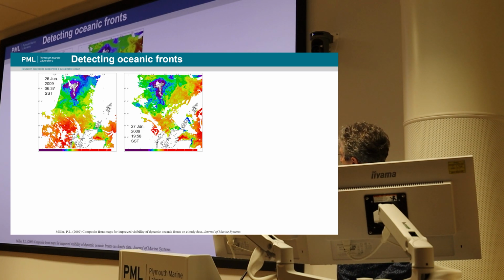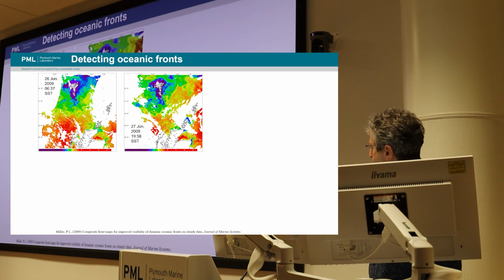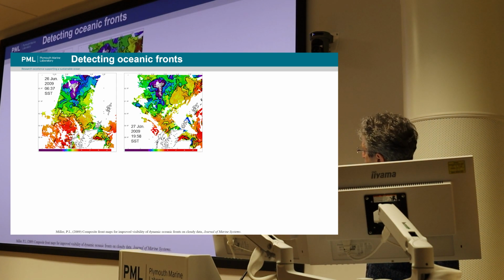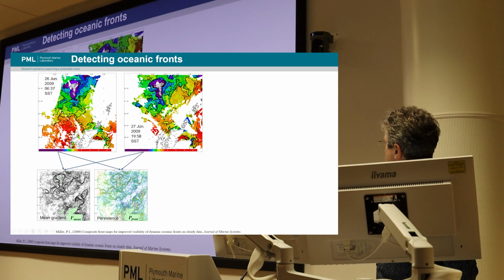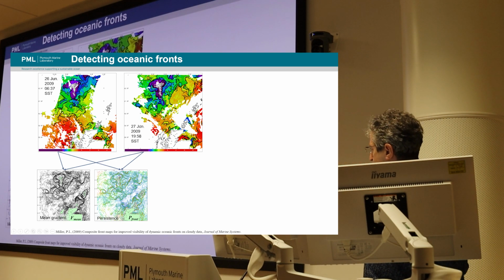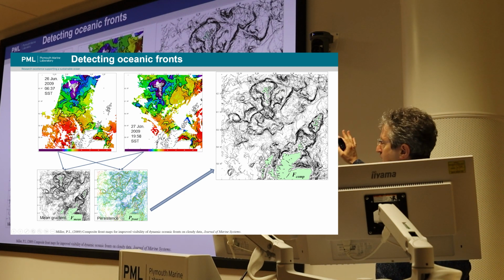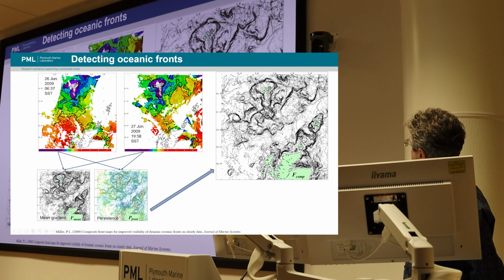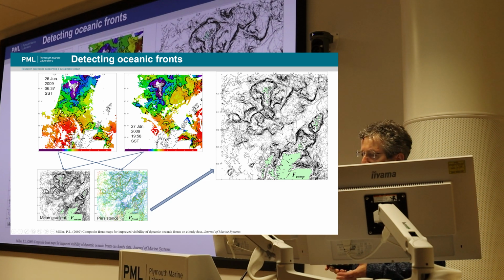So how we detect them is using satellite sea surface temperature. Here's a couple of examples, north of Scotland. So the fronts are shown in those black lines. We can detect those quite reliably from snapshots like this, and then combine them in terms of their gradients in temperature and how persistent they are, and then get rid of the temperatures and then just look at where the fronts are. So these darker lines show a whole variety of ocean fronts, and if instead you just